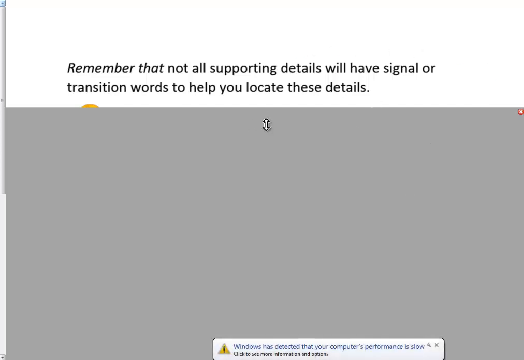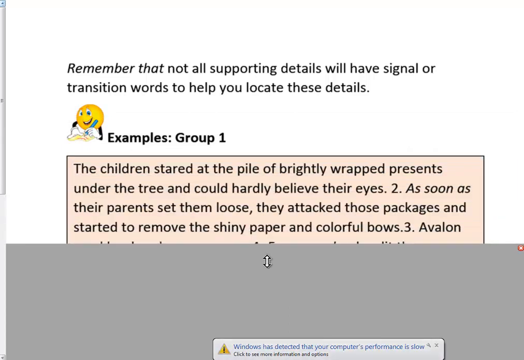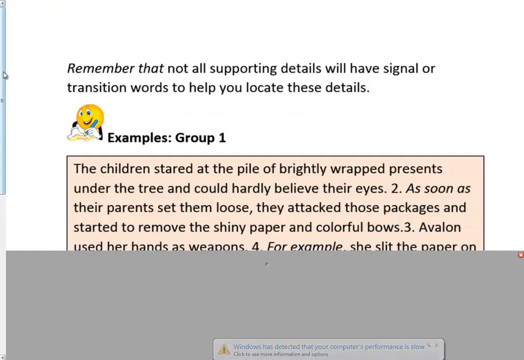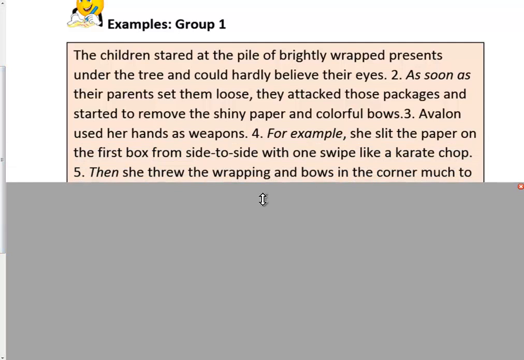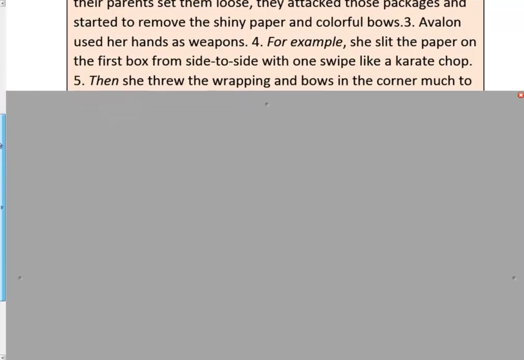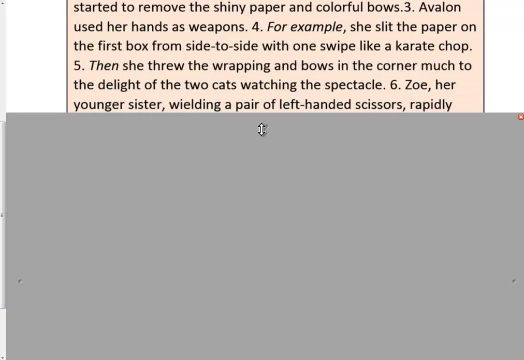Let's take a look at our first example here. The children stared at the pile of brightly wrapped presents under the tree and could hardly believe their eyes. As soon as their parents set them loose, they attacked those packages and started to remove the shiny paper and colorful bows. Avalon used her hands as weapons. For example, she slit the paper on the first box from side to side with one swipe, like a karate chop. Then she threw the wrapping and bows in the corner, much to the delight of the two cats watching